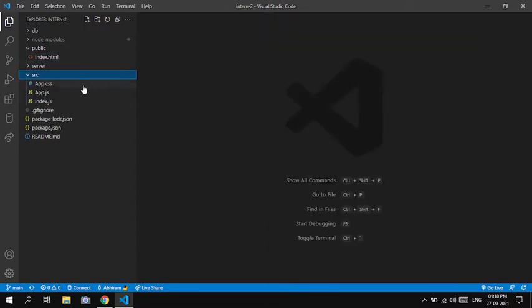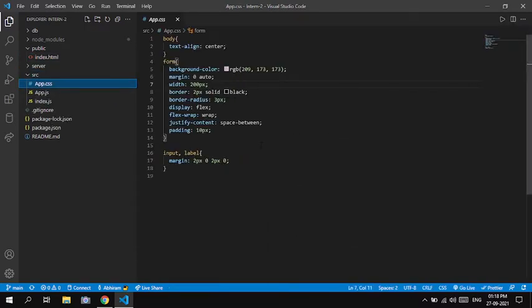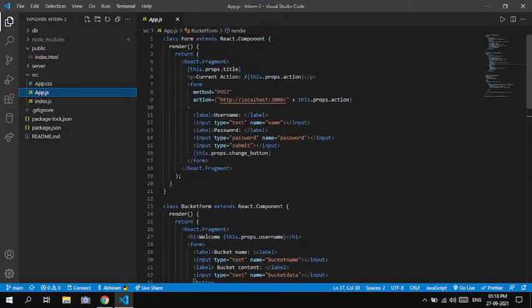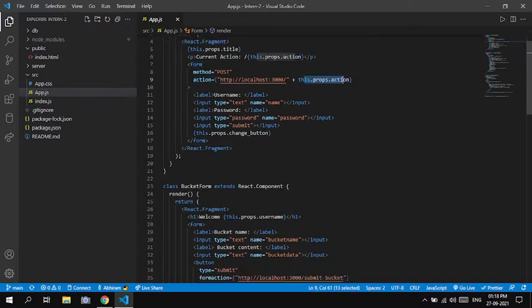So coming to the SRC, this is just some basic styling of the app that I have designed. App.js consists of three components. One is the form component that is used for both login and sign up. And the action of this form changes based on the props that are passed to this form component.